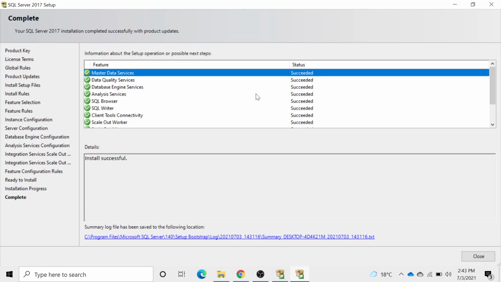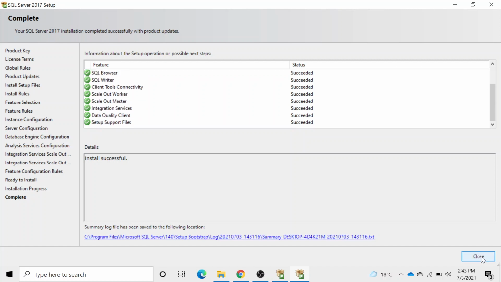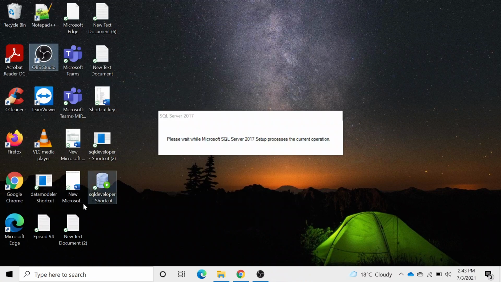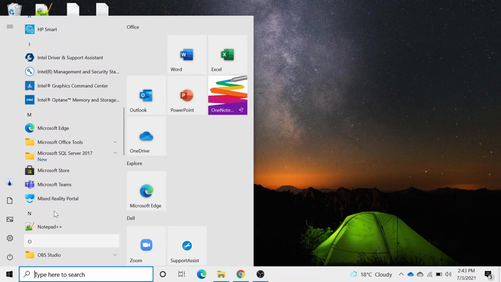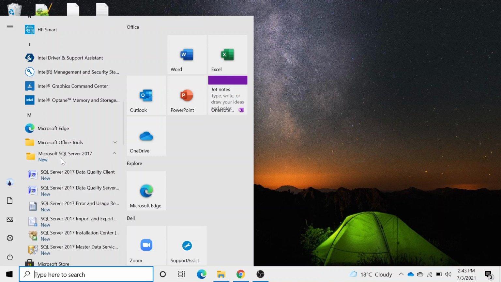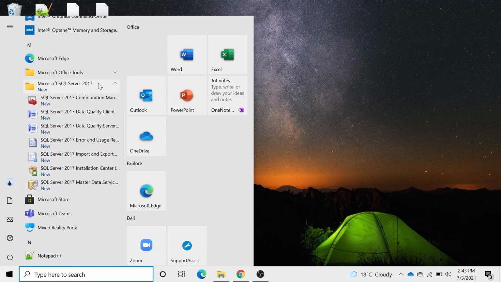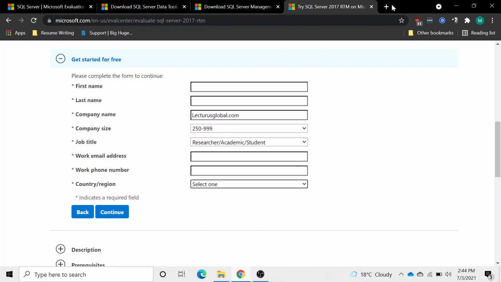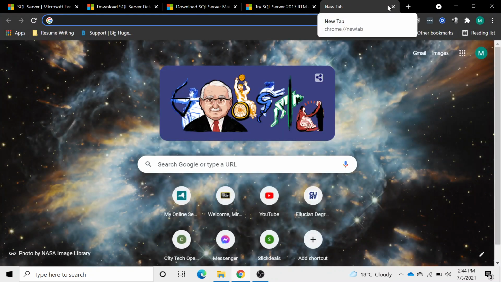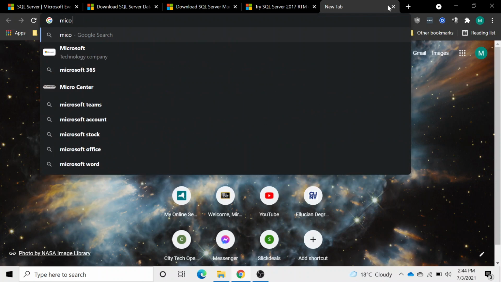Okay, the SQL Server 2017 has been installed successfully. So close the installation option, and now you can go to Windows, and you will see there Microsoft SQL Server 2017. So now we will install the second software, which is Microsoft SQL Server Data Tools. Let's go to web browser, click the new, open the new tab, write down